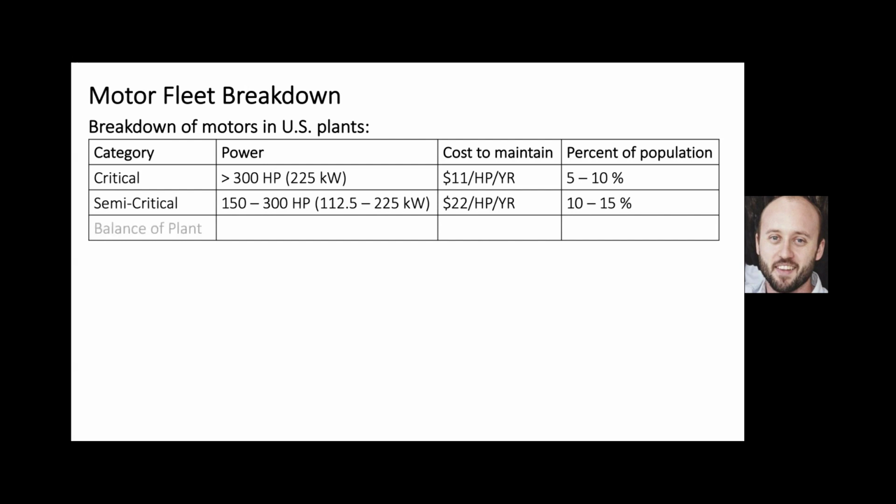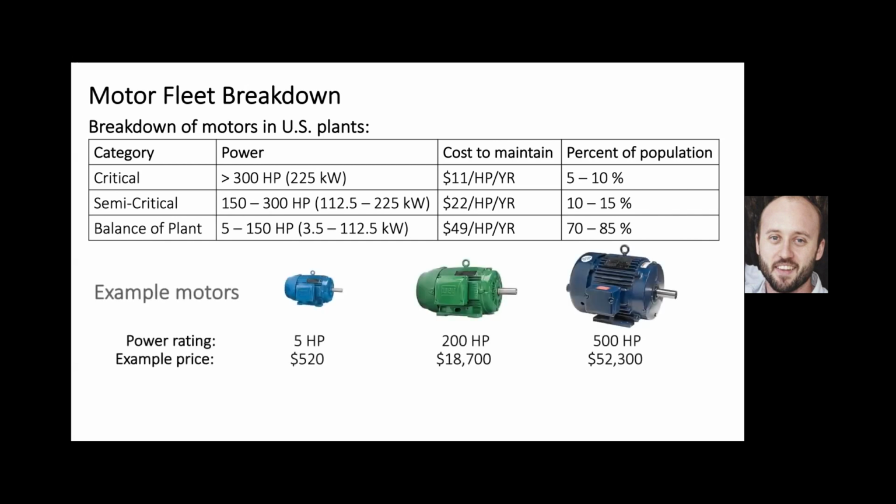if these break down. However, if we look at the remaining balance, much smaller motors, this in fact comprises the majority of the population in a factory. So if we just look at, for example, some different motor sizes and what they might actually cost to purchase, balance of plant motors typically could be hundreds or maybe low thousands of dollars. But when you're looking at larger pieces of machinery that are in the tens of thousands of dollars, or expensive turbo machinery that could be hundreds of thousands or even millions of dollars, those actual equipment costs can get quite